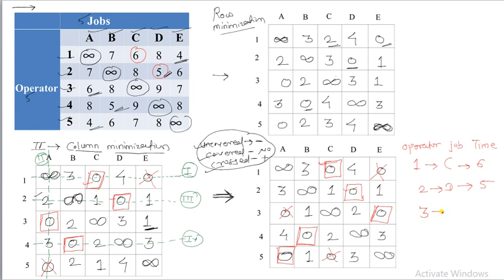The third operator has been assigned the e job. If we check, 7 is the time he has got. Okay, so e and 7. The fourth operator is done with the b job or the b task, and the time is 5. The given time is 5, so we'll write 5 here. The fifth operator has been assigned the a job, and the time is, again, sorry, this is not the time. So this fifth job